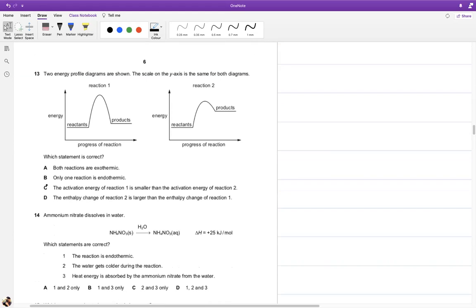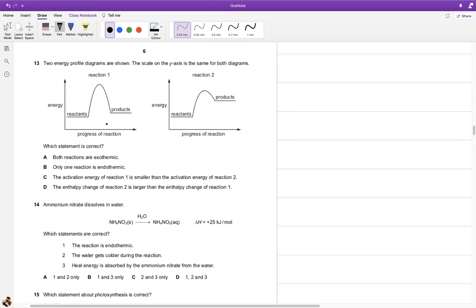All right. Two energy profile diagrams are shown. We can see that both of them are endothermic. Why are they endothermic? Because this one has a small delta H, this one has a high delta H, but both of them are rising up. They're both positive. They're both endothermic. Secondly, the activation energy तो सबकी आपको पता है positive होता है. इसकी activation energy थोड़ी ज़्यादा है, उसकी activation energy थोड़ी कम लग रही है. Provided this is to scale.